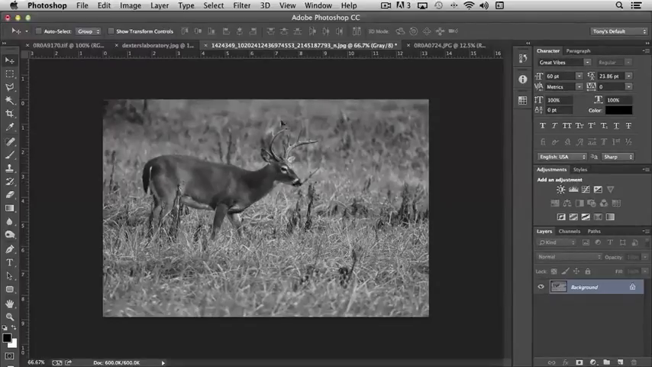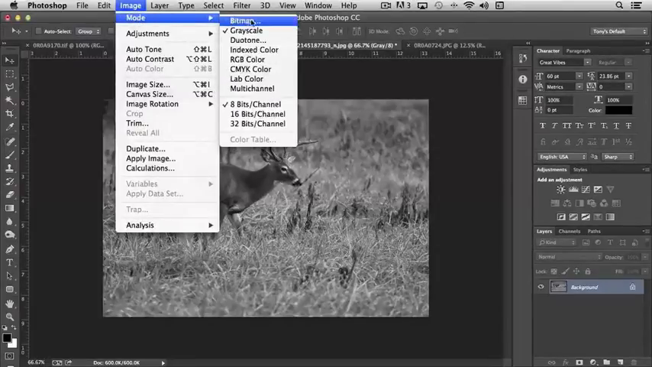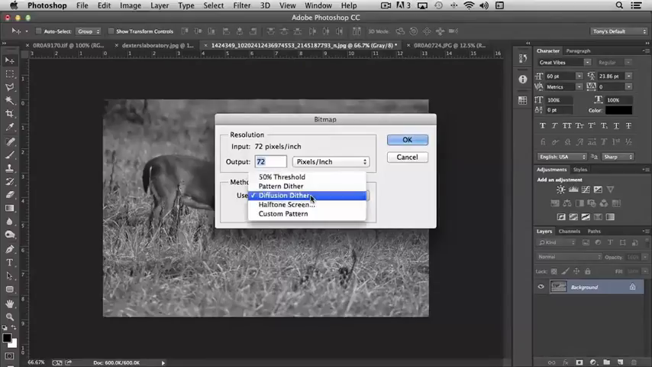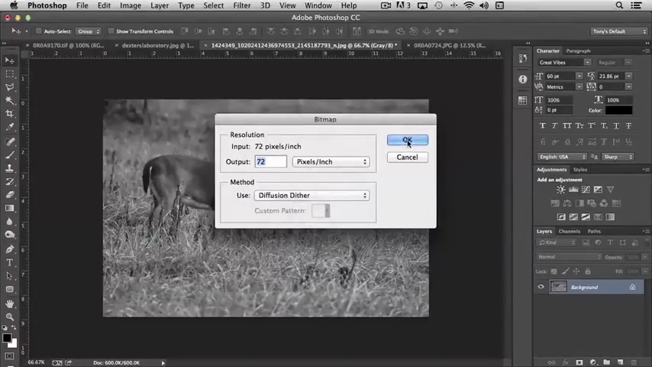Once you have an image in grayscale, that opens up a couple other options, and that's bitmap and duotone. Bitmap you will likely never use. It essentially takes your grayscale image and reduces it down to either black or white. And if I click on it, it asks for our output resolution. The method of diffusion, the default is normally what you'd want to use. And if I click OK,